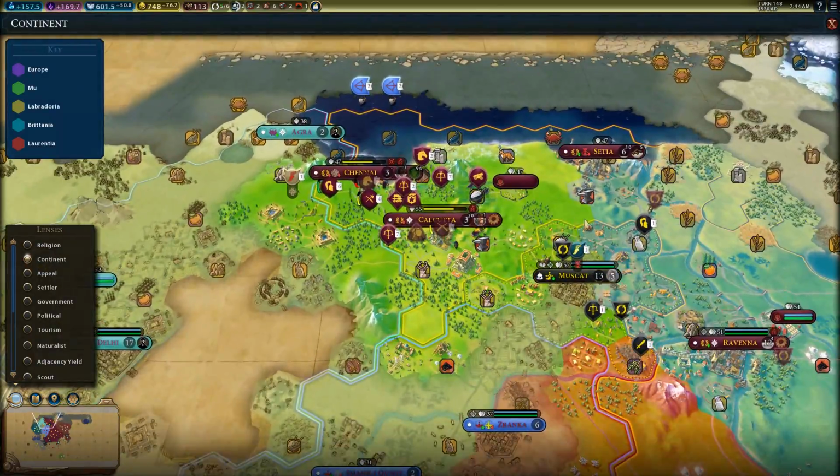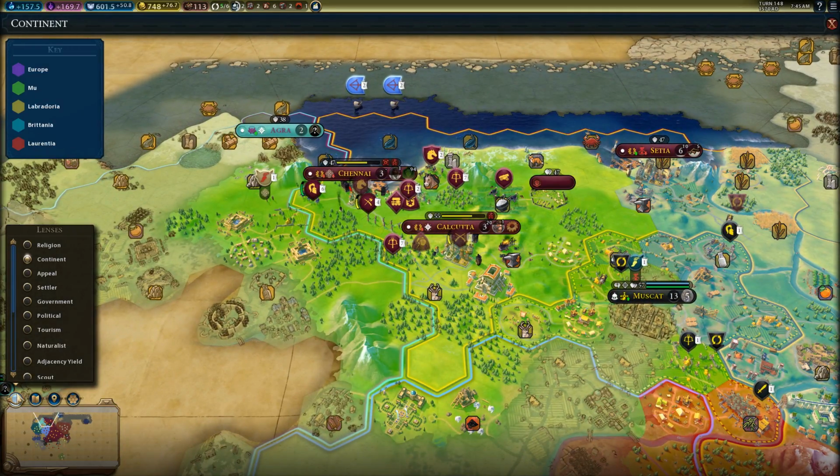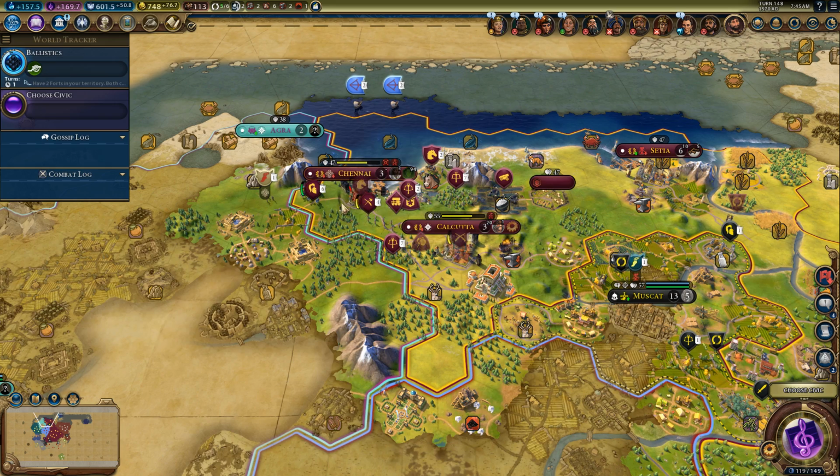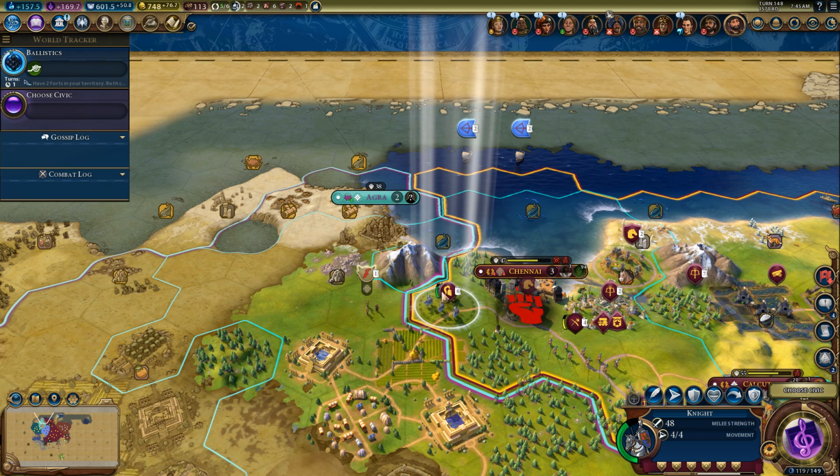Okay, awesome. So these cities up here, all 3 of them in fact, are going to get a loyalty bonus from that. And maybe, just maybe, that will help us offset the trouble that we found ourselves in. I'm going to go ahead and